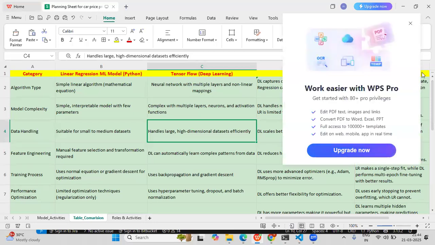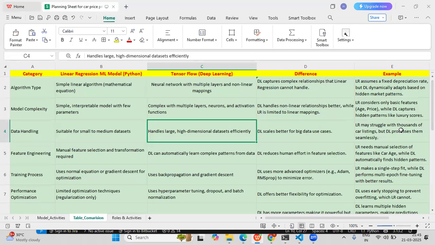So today you are explaining about the gap analysis between the linear regression ML model with Python and TensorFlow with deep learning activity for the same car price forecasting ML model, right? Yes.